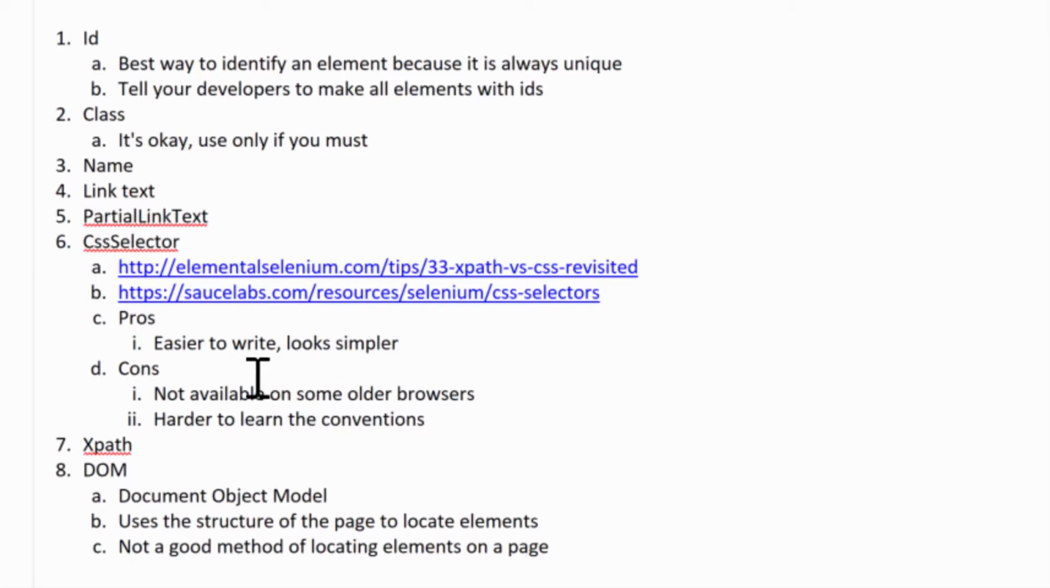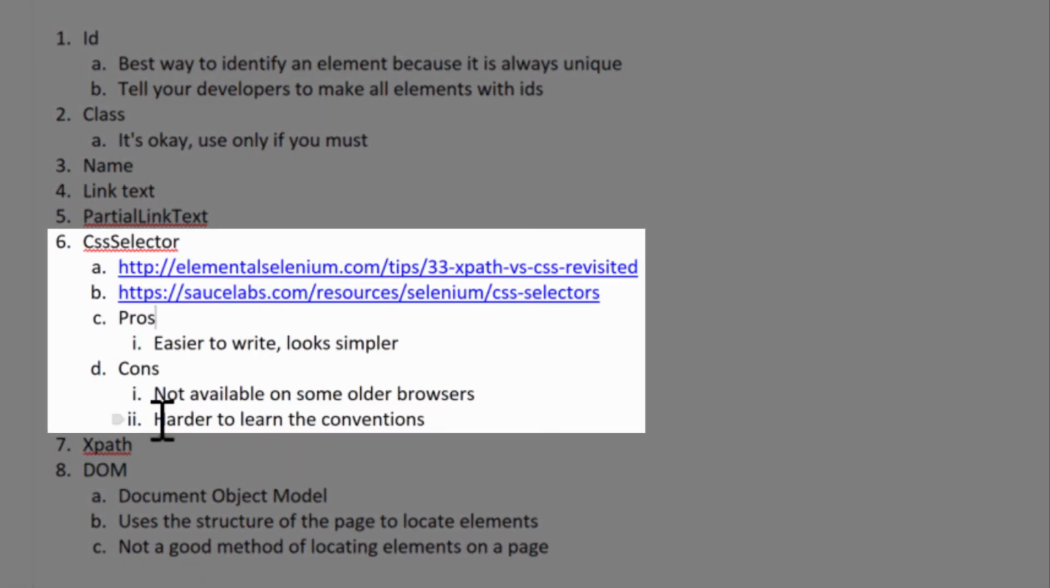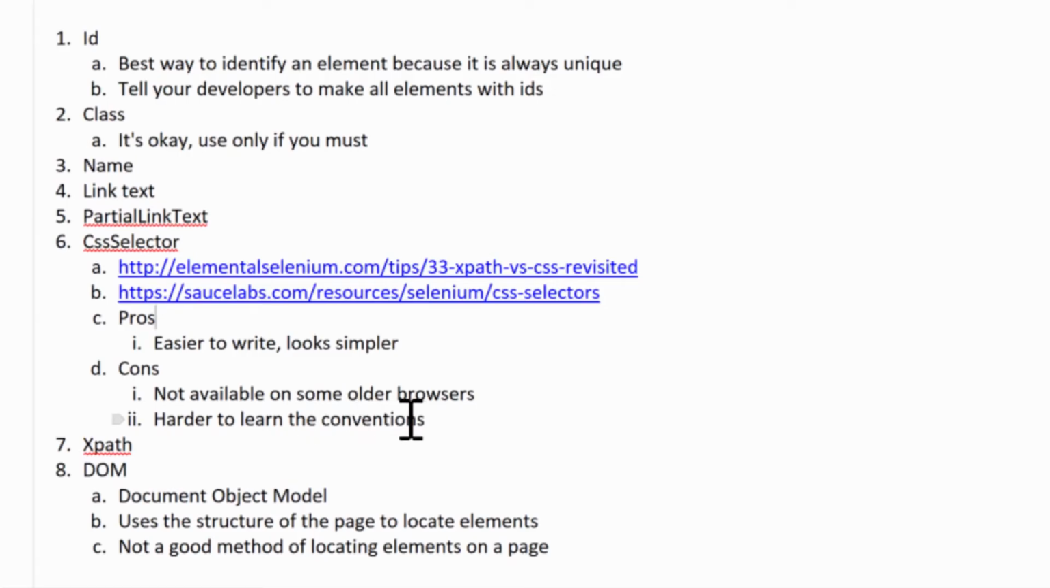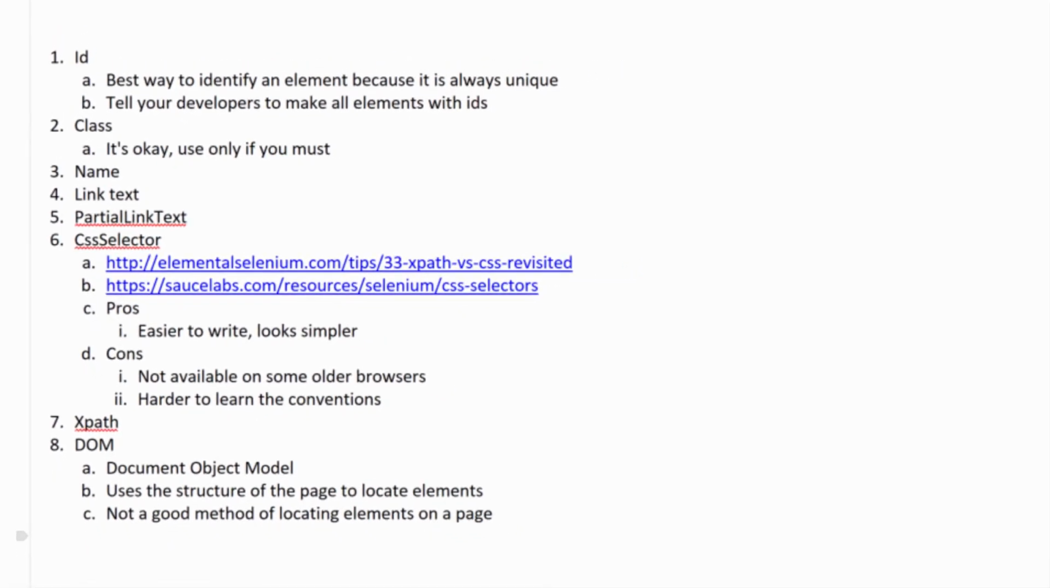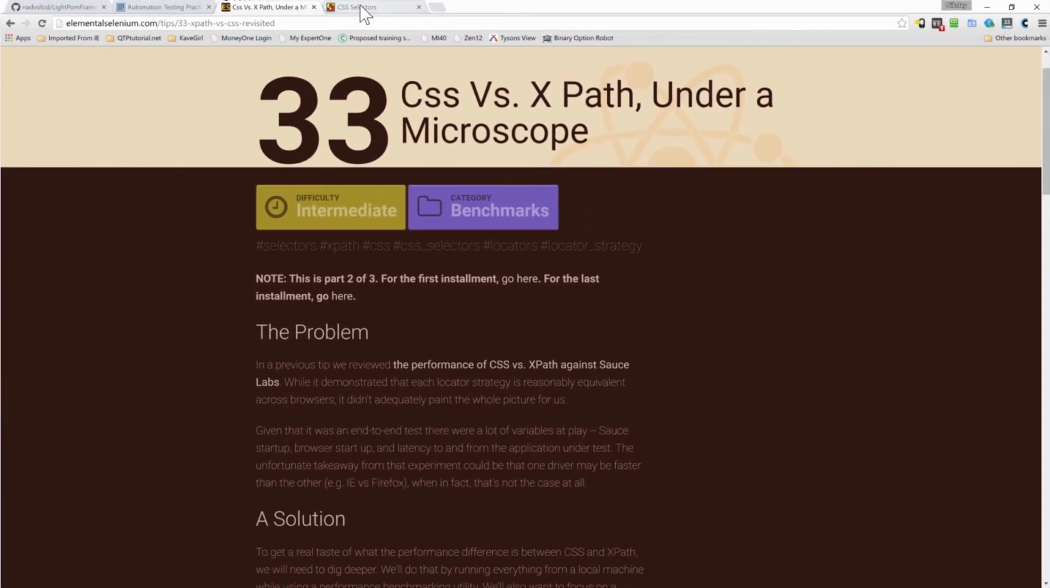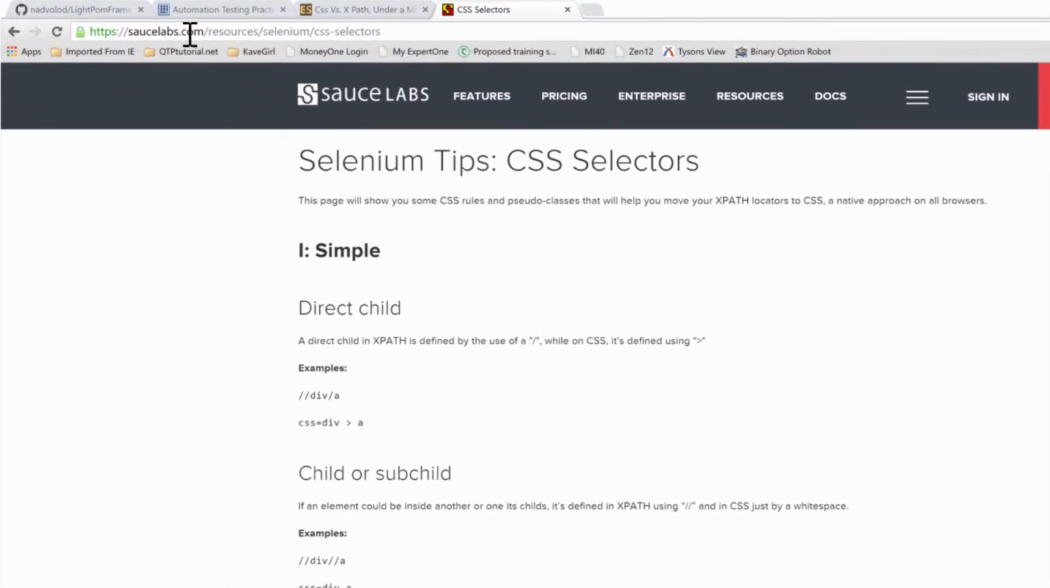I prefer XPath because, first of all, it is available on all browsers, and the conventions are not as hard to learn for XPath as they are for CSS. Just because XPath is a little bit more intuitive with its conventions. And also, there are two resources that I want to point you to, guys, that you may want to make yourselves aware of. So first, there's